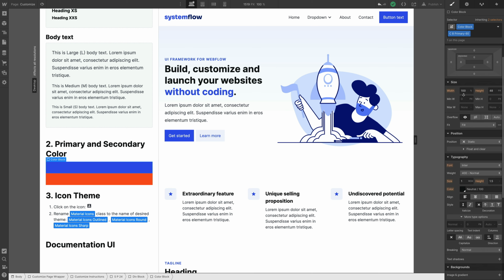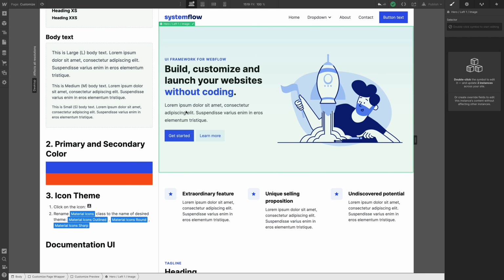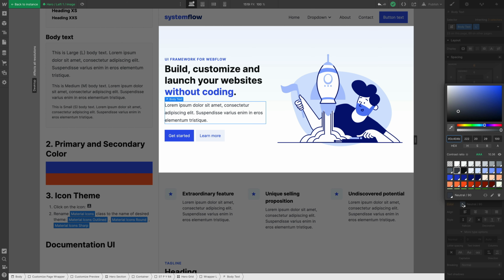So we create swatches for every color that we have in SystemFlow, and then we apply those swatches to particular classes. So how do we change those colors? Well, if you want to change the color for the particular element, for example, let's go inside this component and select body text, and let's say I want to change this to blue. Well, there are two ways to do it. You can go to the color and typography section, and you can select whatever swatch, for example, primary 70 to